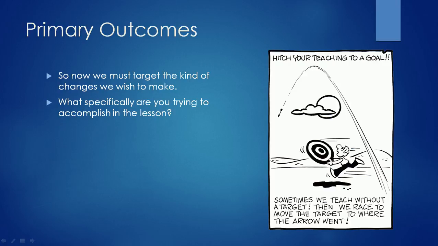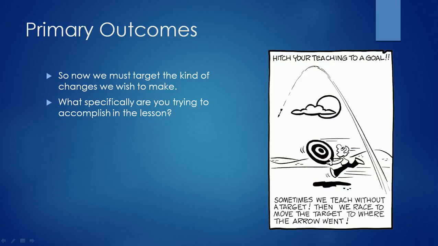The guy takes an arrow, shoots it into the forest, and then runs over with a little paint bucket. And when he sees it stuck into a tree, he paints a target around the arrow and says, "Hey, look, we made a bullseye." Well, a lot of times that's what our teaching is like. We just kind of throw it out there. We just teach the way we know best, and we hope that something's accomplished. And when something is accomplished, we go, "Well, hey, they learned." And if it's not accomplished, well, then, something went wrong. Maybe the students were just too tired or whatever. And we've got a lot of excuses for a lot of really bad things happening in the classroom.